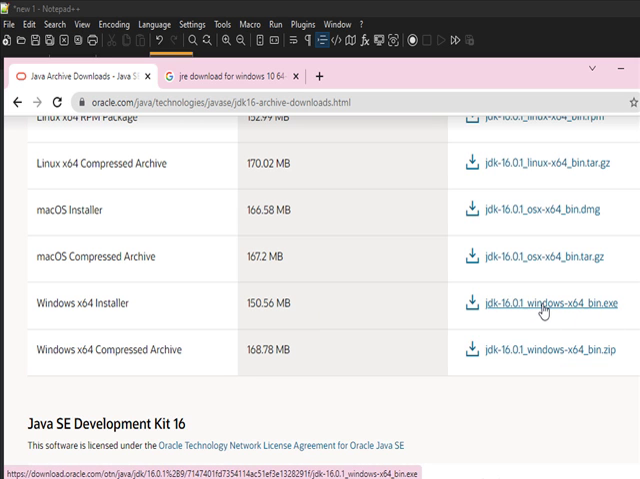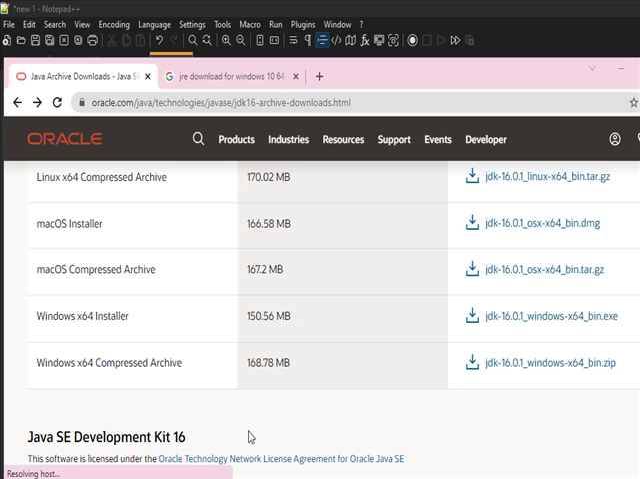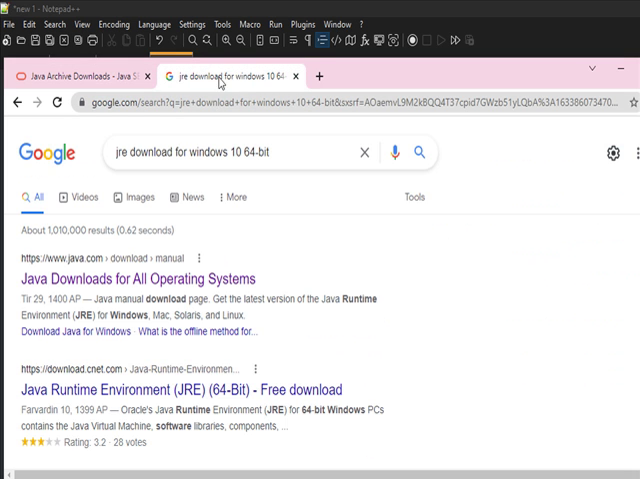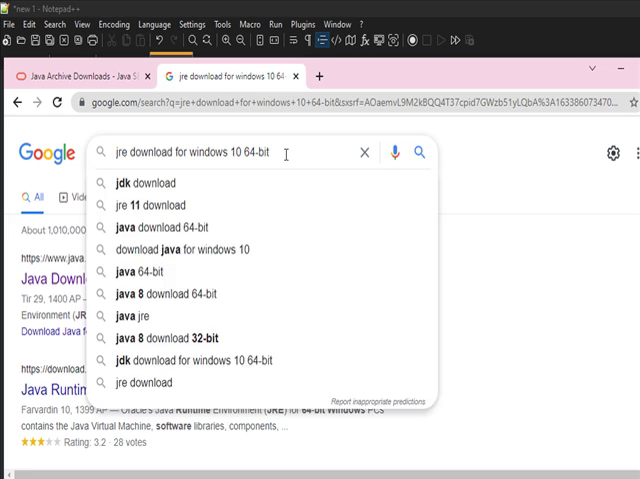You can click on this one. When you click on this, the download will start. Because I cancelled the download, I have already downloaded it on my machine and there is no need to download it again. When you download it, please go to another page, go to Google and write JRE download for Windows 10 64-bit. Click here